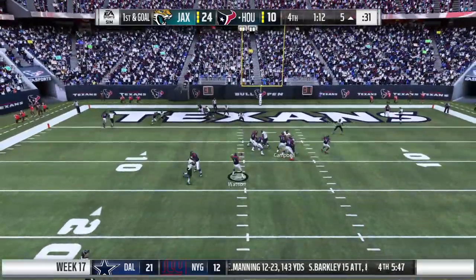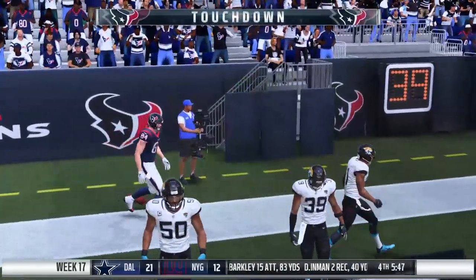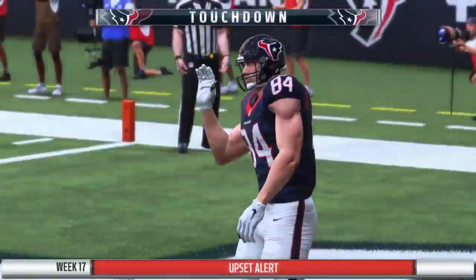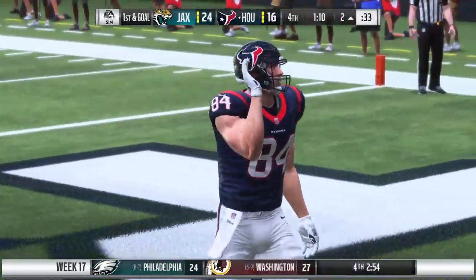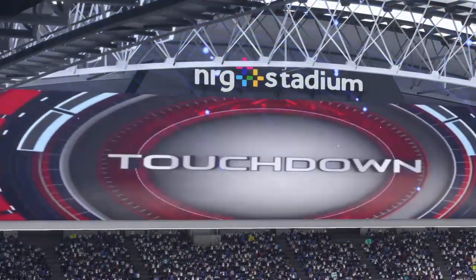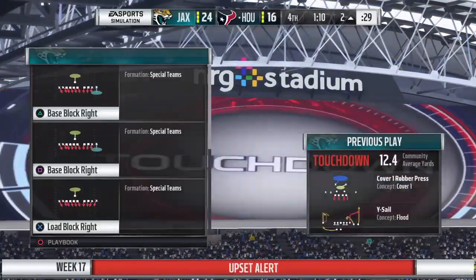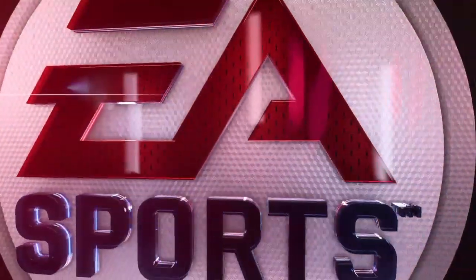A shotgun snap for Watson. And this is caught now for a late touchdown. So hold everything here. This one's not over yet. I'm not sure win-win is the proper term here, but it certainly felt like it. They got the touchdown they needed, but if I'm on the defensive side of the ball, okay, you got the touchdown, but it sure took you a long time. Yeah, because offensively, though, you're probably hoping for a